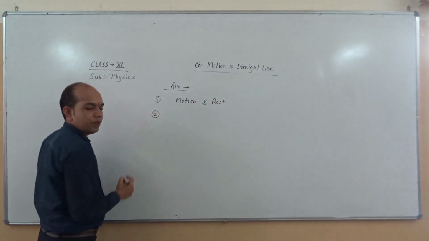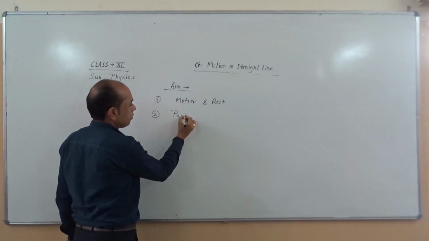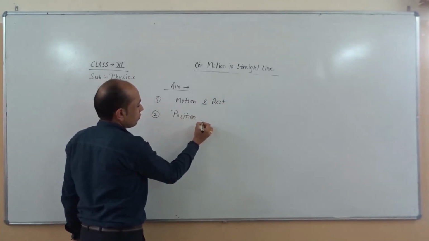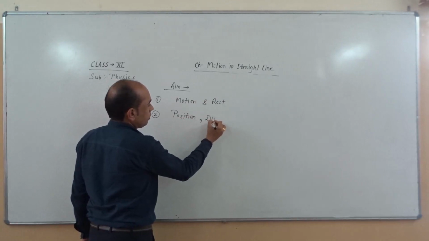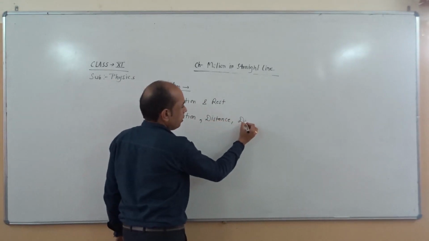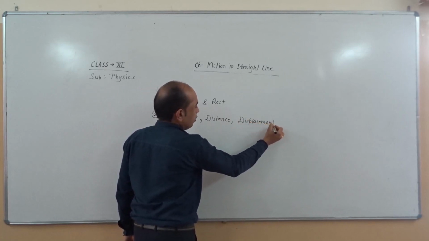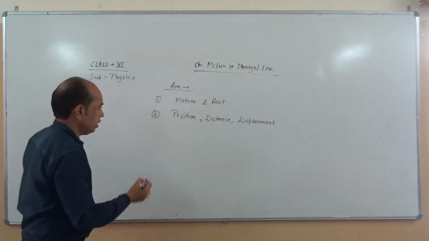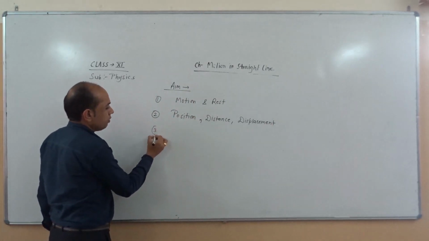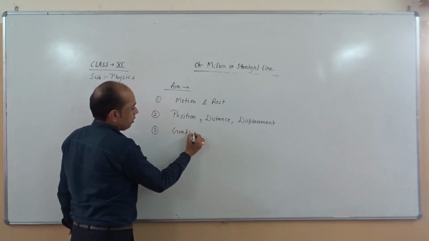Second, we discuss how to represent position, distance, displacement, speed, velocity, physical quantity. Third one, we have to represent graphically